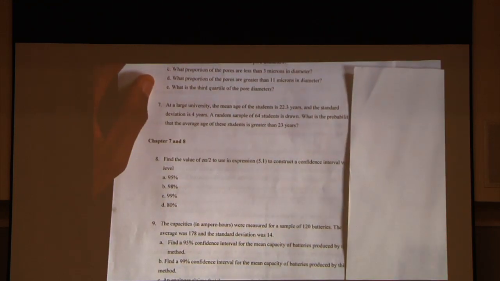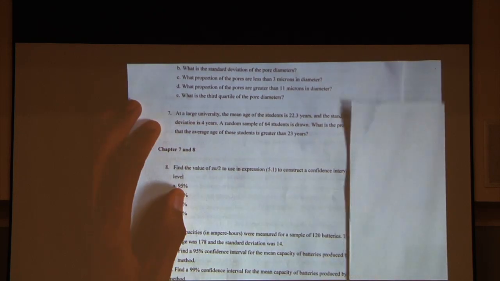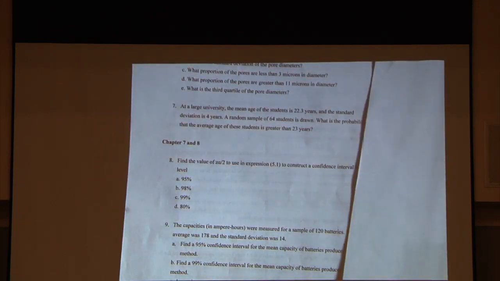So at a large university, I'll ask questions. At a large university, the mean age of the students is 22 years, and the standard deviation is 4. A random sample of 64 students is drawn. What is the probability that the average age of these students is greater than 23? So